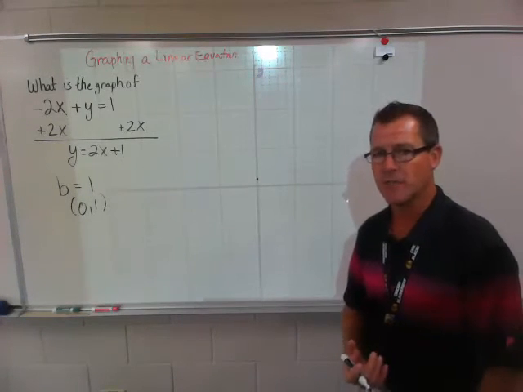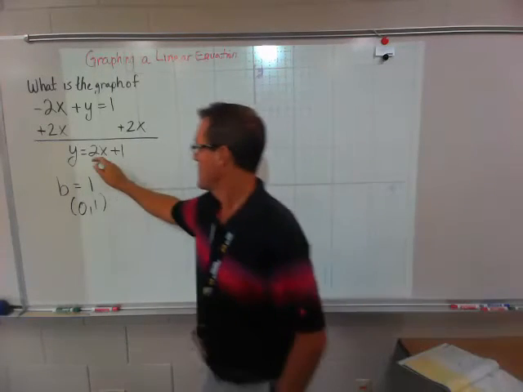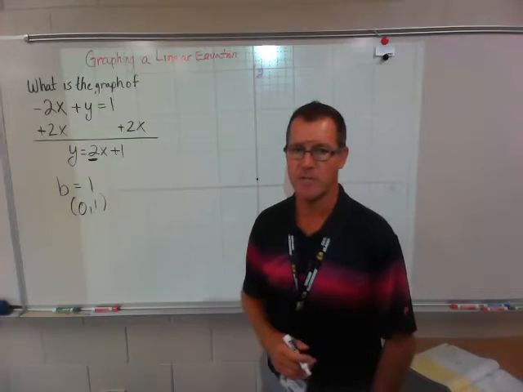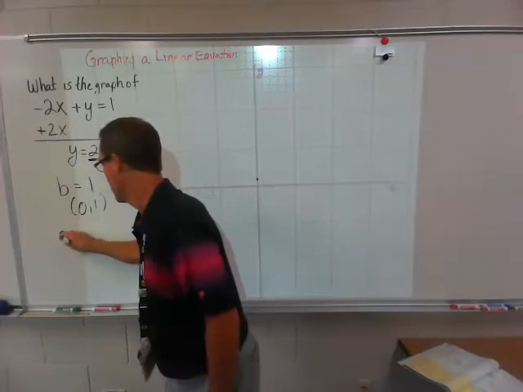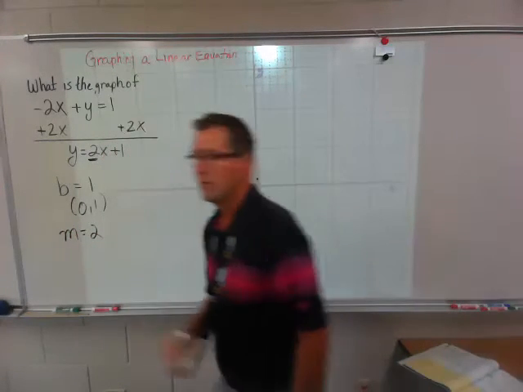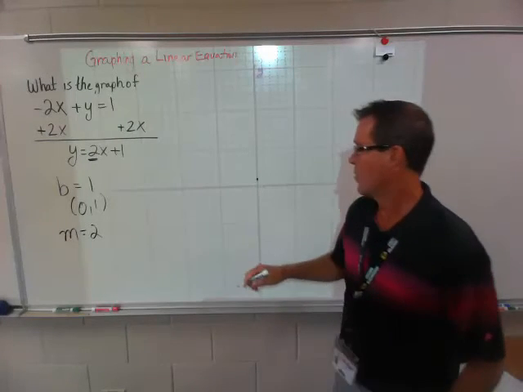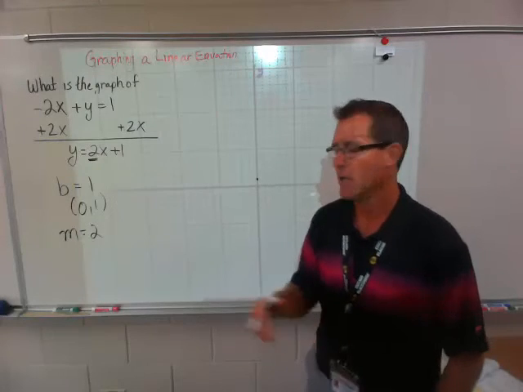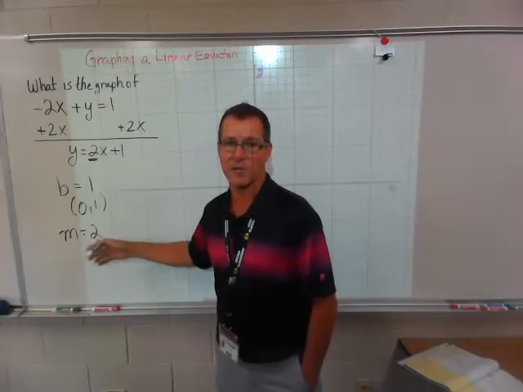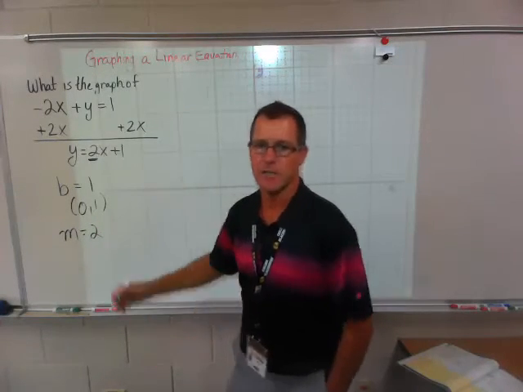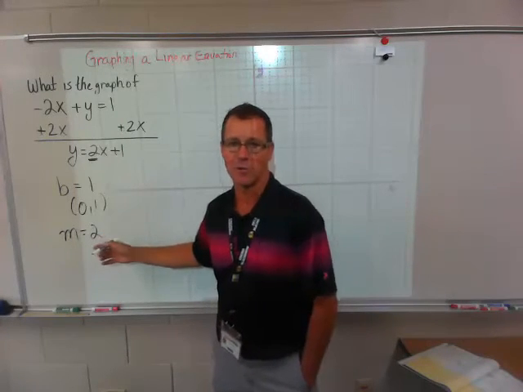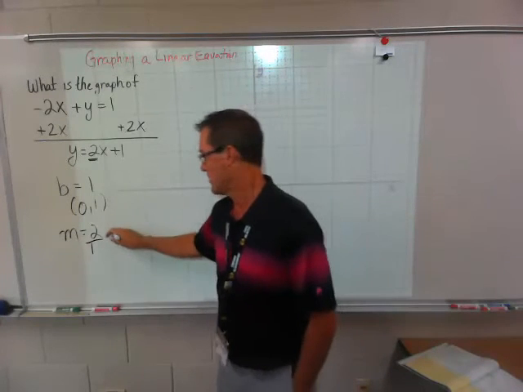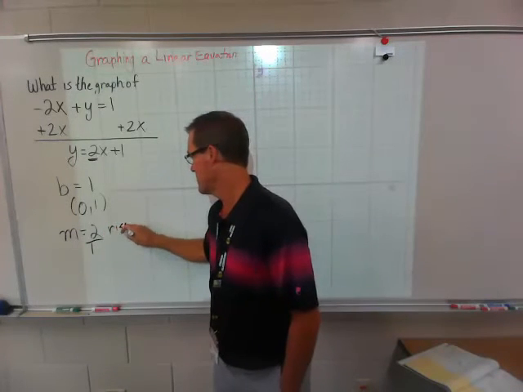The next thing we need then would be the slope. So in this case, my slope is the coefficient on the x. So we're going to have a slope of 2. So the thing about slope, remember, it's rise over run. So if I have a fraction, it works out really nicely. In this case, I don't have a fraction, so what I want to do is write it as a fraction. So 2 over 1,